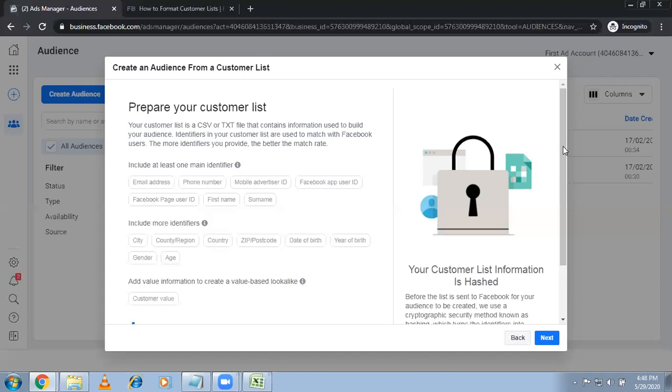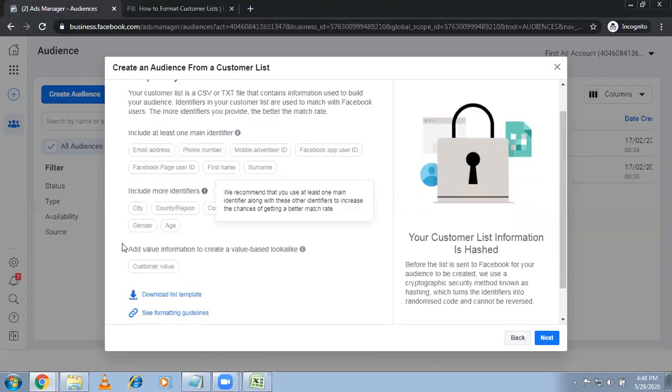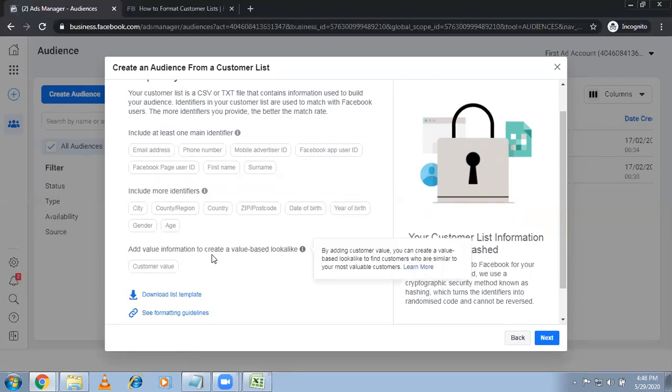Next, you can also include more identifiers like city, country, zip code, date of birth, all this. And there is one more option called add value information to create a value based lookalike. This is not mandatory. If it is a lead based business, it's not required. But if it is an e-commerce website, this is really important anyway.